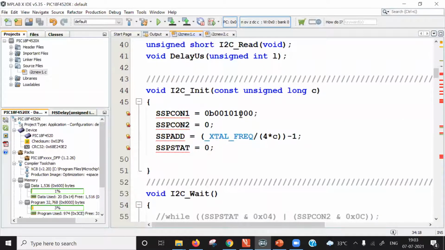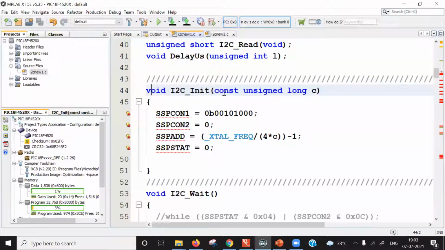Now the first function. This first function is I2C initialization, and this function receives data from the calling function, and this data is nothing but the baud rate. It is 100 kilohertz. So this function receives the baud rate from the calling function, and we are using a 100 kilohertz baud rate. The FDC1004 supports baud rates up to 400 kilohertz.